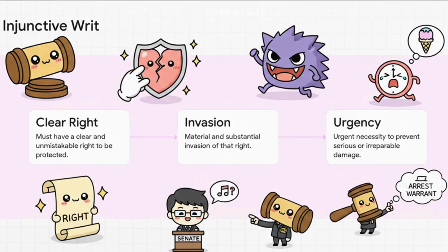For example, they point out that Senator Dela Rosa hasn't shown an actual consummated deprivation of his liberty. By his own account, he was able to go into the Senate, participate in sessions, and even vote on leadership changes. The OSG argues that the mere threat of an arrest warrant is an anticipatory action. It's not an actual invasion of a right that would justify granting an injunction.